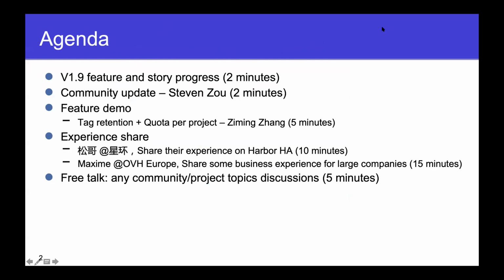Third, I will demo some features about the tag retention and the quota. Next is some sharing. First is Song Ge from Xinhuan, who will share their experience on Harbor HA, and then Maximi from OVH in Europe will share some business experience for their large companies. And the last is the free talk.